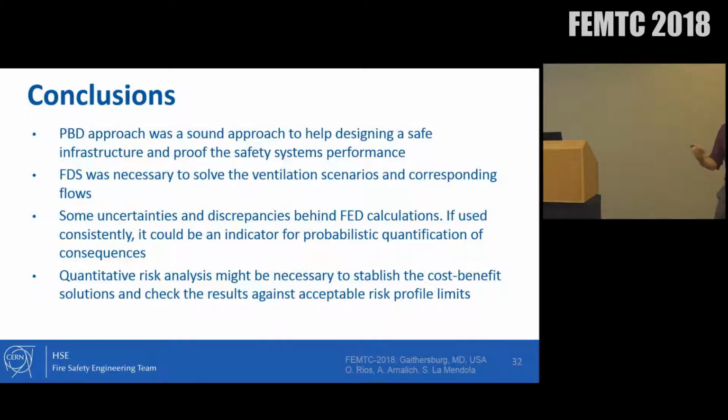Simplified models for calculating FED, when you have a ventilation scheme that is not uniform, are not useful. There are some uncertainties in the way we use FED. When we extrapolate FED out of these numbers that we normally use for thresholds, what is really the meaning of that? We've been asking this around, and we had problems saying FED equal to X, what does it mean in terms of dying probability? But that's definitely a way we think we should proceed to get a quantitative risk analysis.